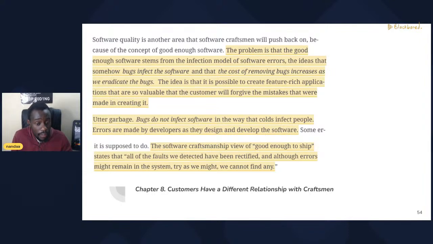So the software craftsmanship view of good enough to ship states that all the faults we detected have been rectified, and although errors might remain in the system, try as we might, we cannot find any. So maybe one thing I can just say about good enough software versus MVP versus moving fast and breaking things,